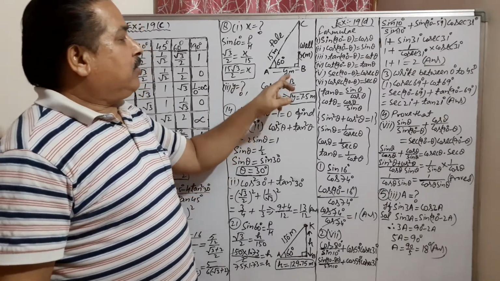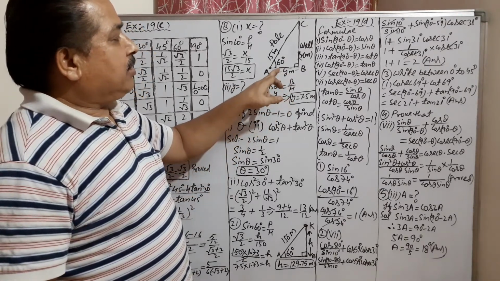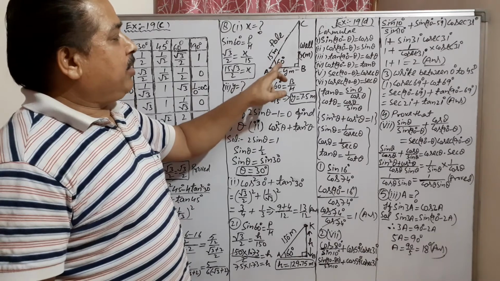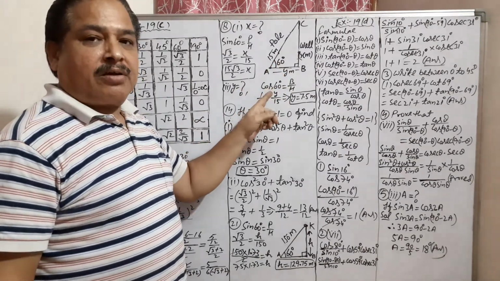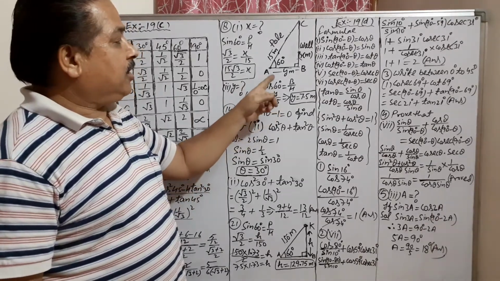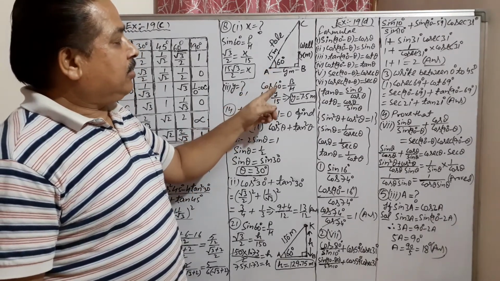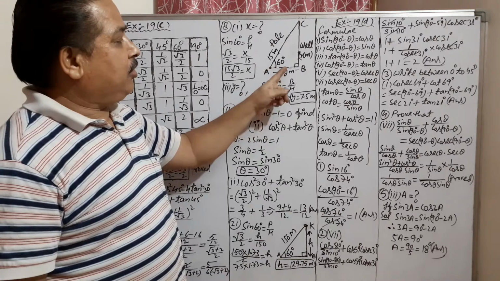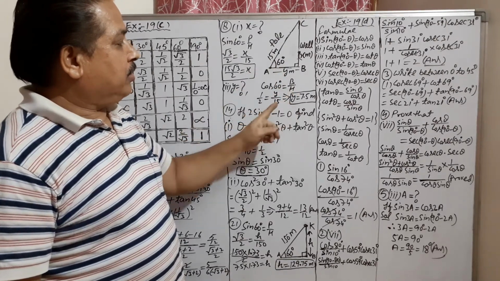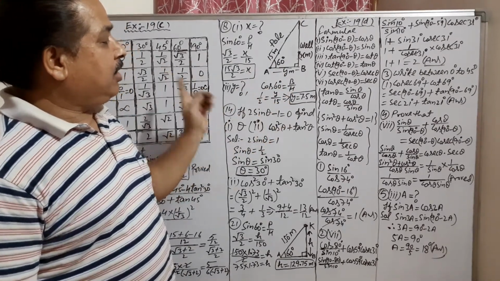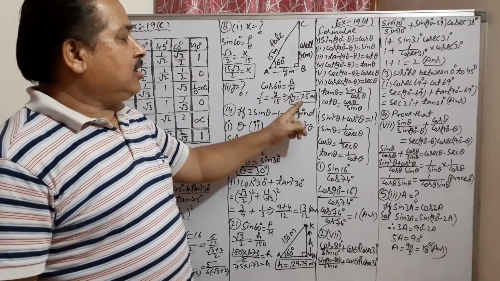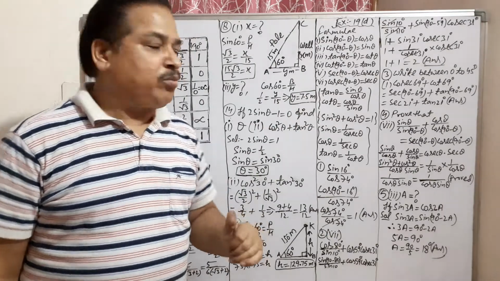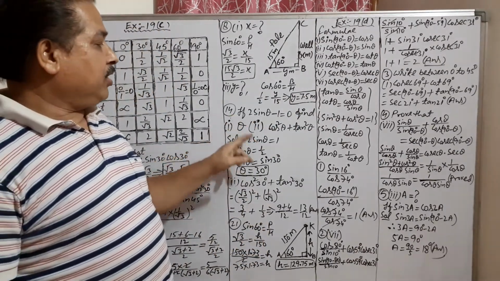Now see the second part. Find y. This is the base and this is the hypotenuse, and base and hypotenuse come in cos. So for the second part we will take cos 60. Cos theta, theta is 60 here. So cos 60 degree is equal to base upon hypotenuse. Cos 60 value is 1 by 2 by the table. Base is y and this is 15. Cross multiplication, and y will come as 7.5 meters. Now see the 14th question.